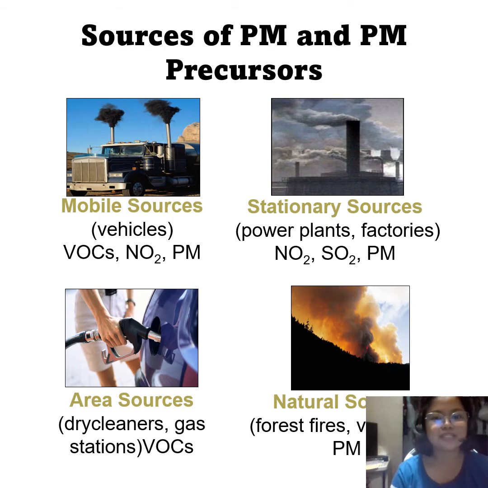So, what are the sources of PM or particulate matter and particulate matter precursors? So, we have the mobile sources. When we say mobile sources, these are the vehicles, okay, emitted smokes. And then, the stationary sources. Pag sinabi nating stationary, yung nandun lang sa isang place, like power plants and factories. We have the area sources, dry cleaners, gas stations, and the natural sources, which is yun nga, yung volcanic